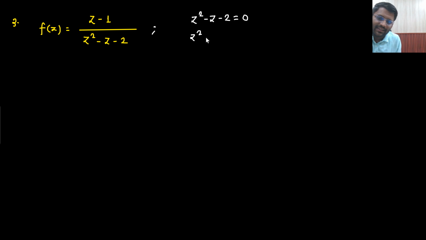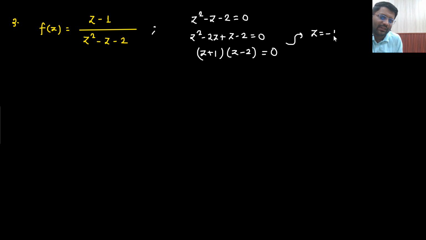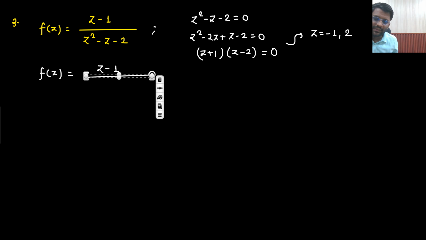z square minus 2z plus z minus 2, right? So (z plus 1)(z minus 2) equals 0. So there are two singularities, z equals minus 1 and z equals 2. So can I write down my function f of z in this manner? (z minus 1) upon (z plus 1)